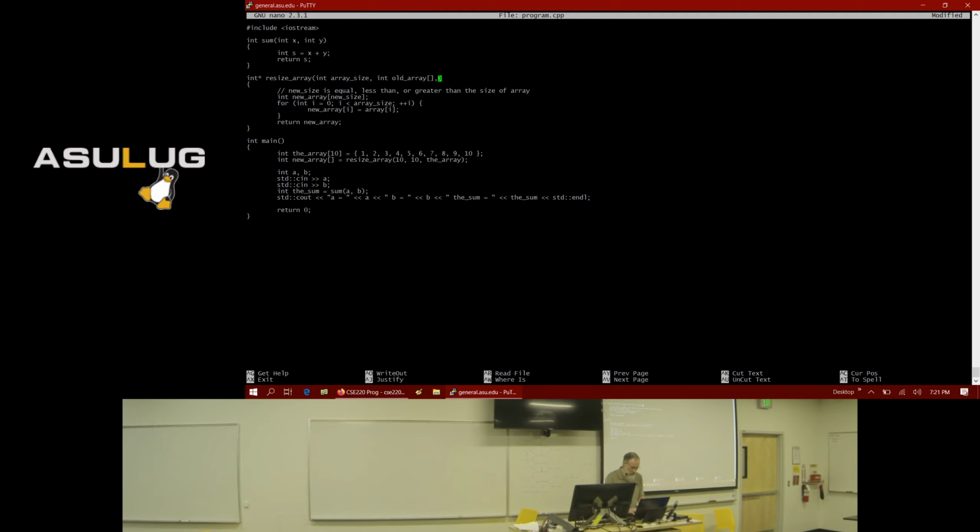And then I'm going to pass in the new array size, and the new array. This way, I'm going to make this a void function and get rid of that return.